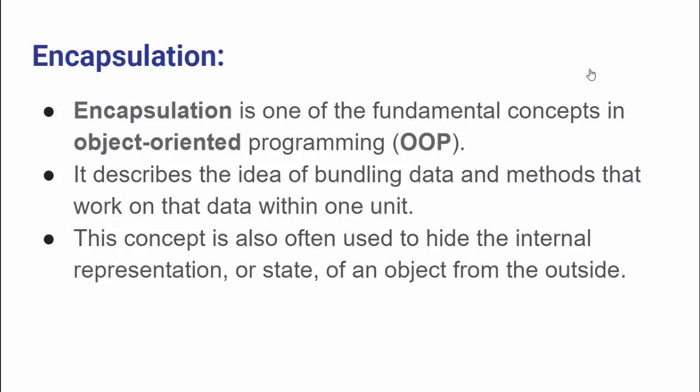Let's take an example. Let's say we have an object called student. In the student object, we have some properties like student name, student obtained marks, total marks, and student result. Now we will make methods to access these properties. Why will we make methods? Because let's say whenever anyone wants to access the student result property, they can change it. They can change it to pass or they can change it to fail.